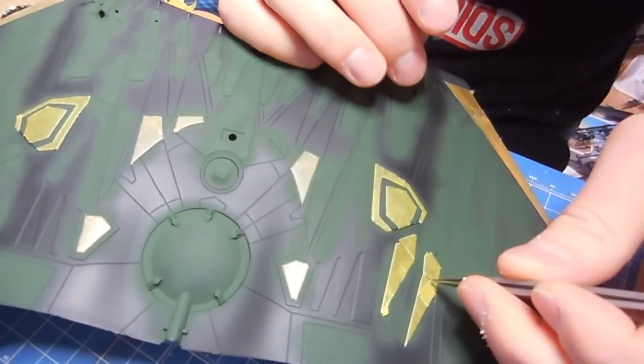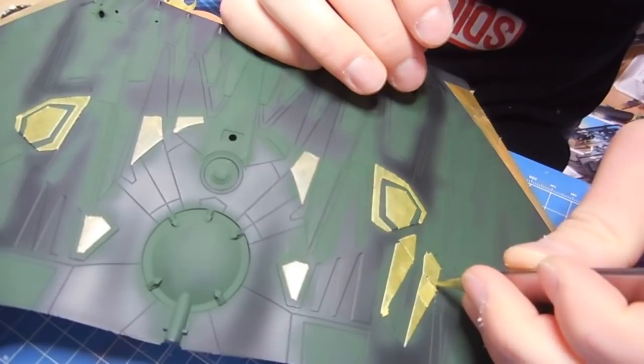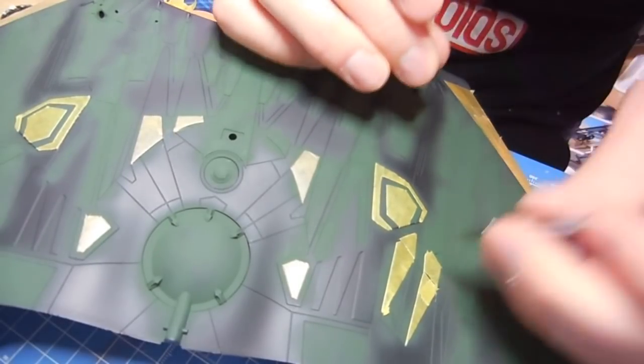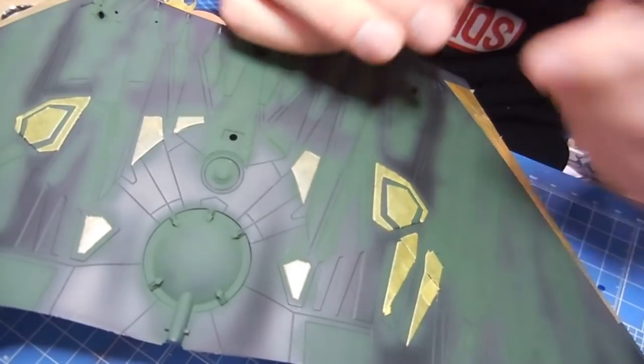Great. Now a wash is going to take care of this if it's a little bit uneven. I'm pretty sure just a wash is going to take care of some of the unevenness in here. But